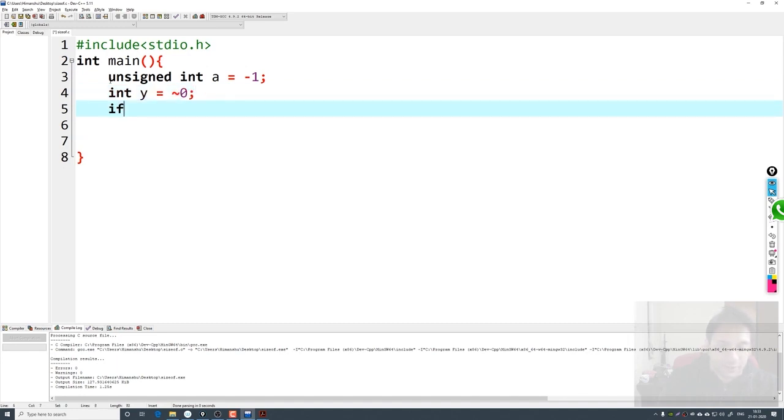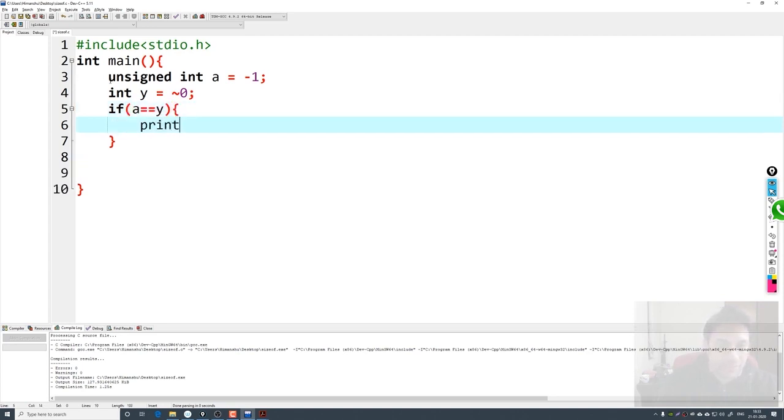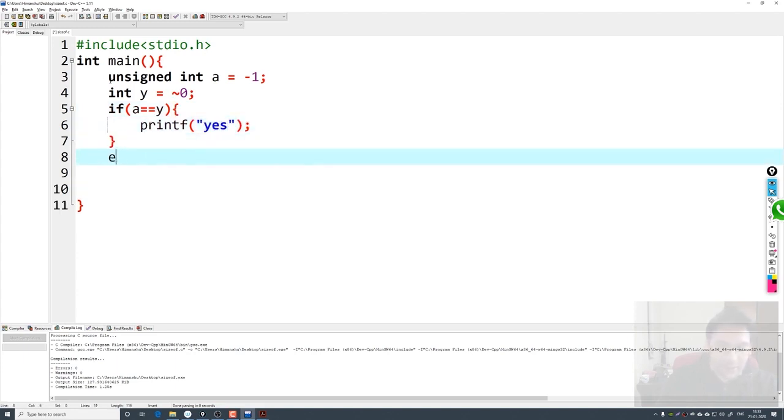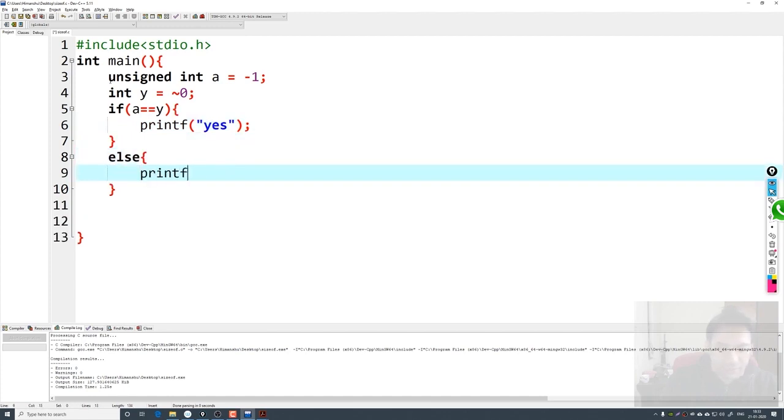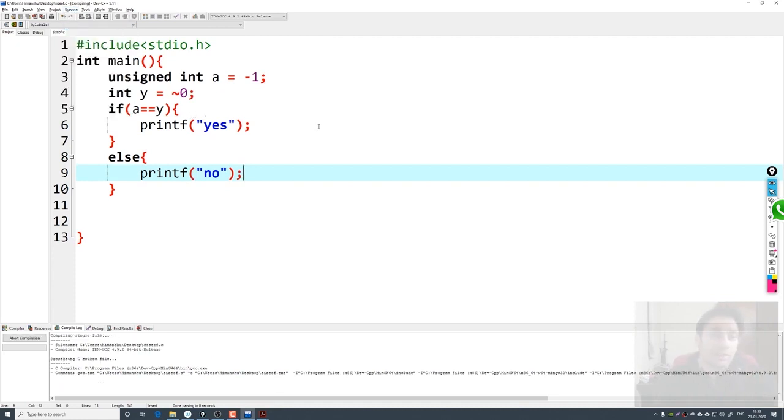Now if a is equal to y, then I will printf yes, else I will printf no. So will it print yes or no? Let me execute the program.